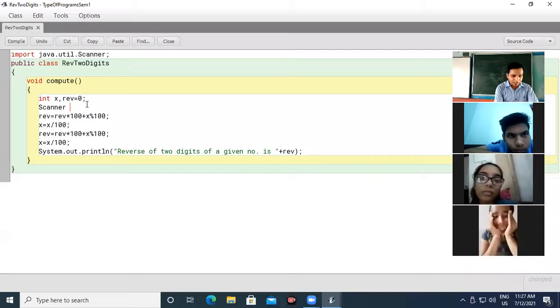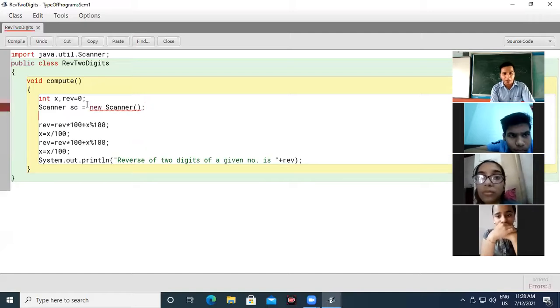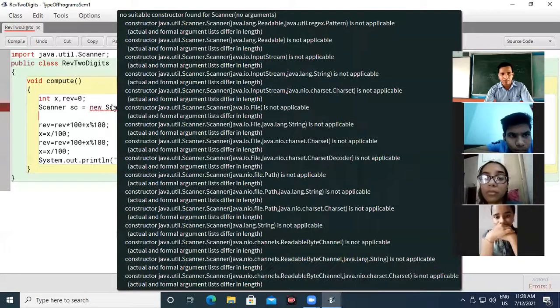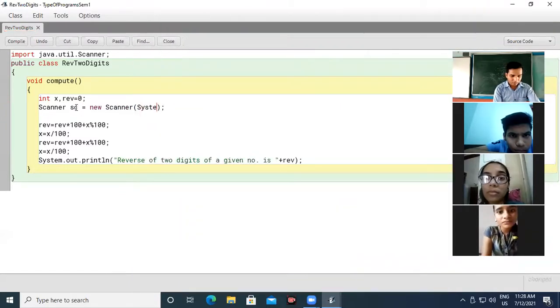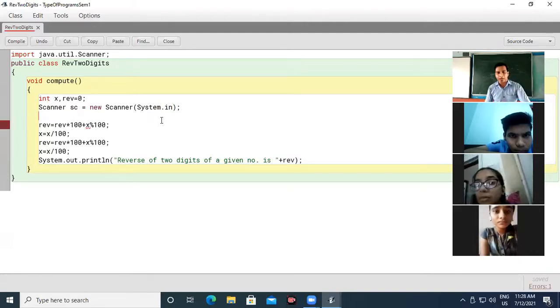Scanner sc equal to new, again Scanner, because in the examination if you are unable to mention that S in capital, then that particular line will throw an error.